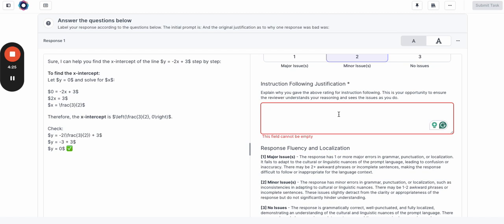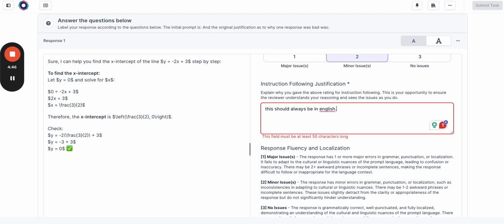So for example, if your task is in Korean or Japanese, while the prompt and responses should be in Korean and Japanese, the justification should always be in English. And the justification is particularly important. The justification helps the reviewer see what you saw. So if you saw an error and you don't explain it well enough and the reviewer somehow misses it, then